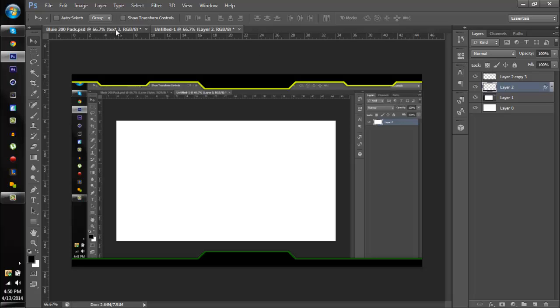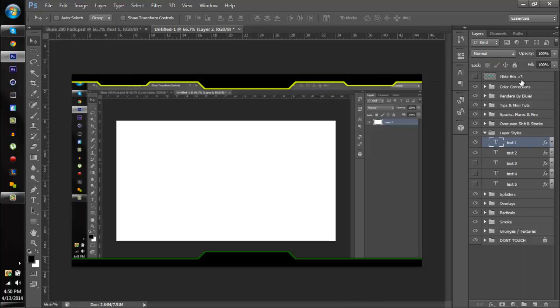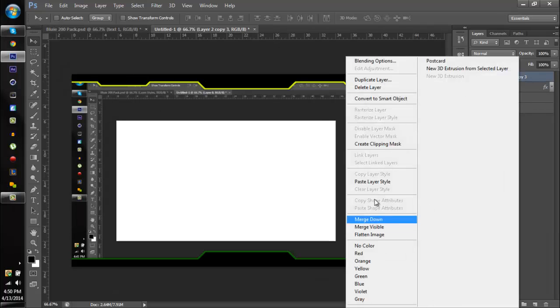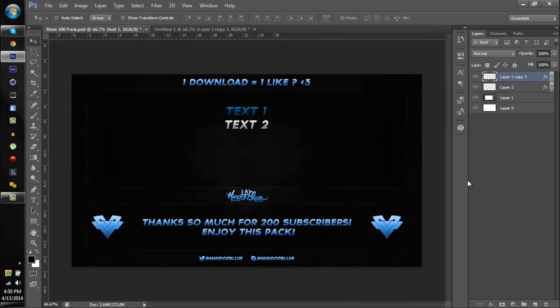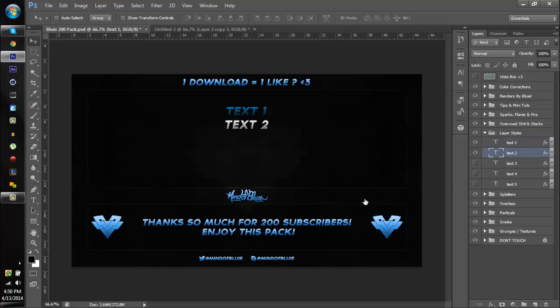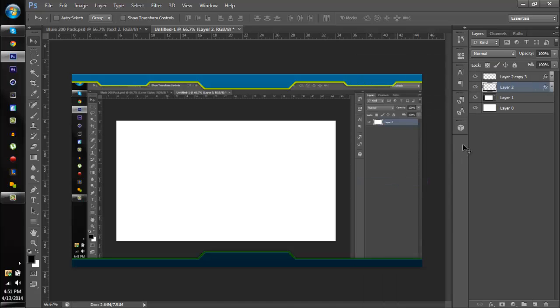And I mean, you don't really have to use colors. One thing that I've done is I've used these two layer styles a lot. So I would copy this and put this on there, and then use the second one, copy it, put it on here, and then